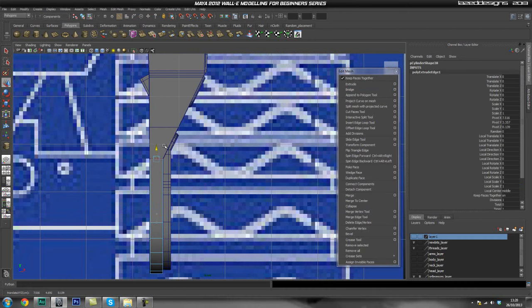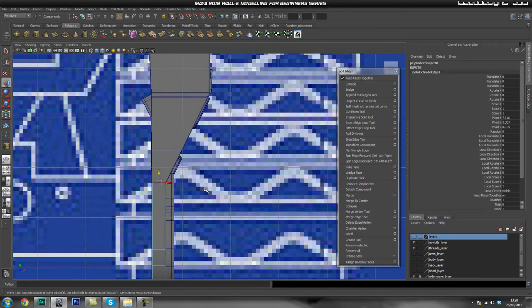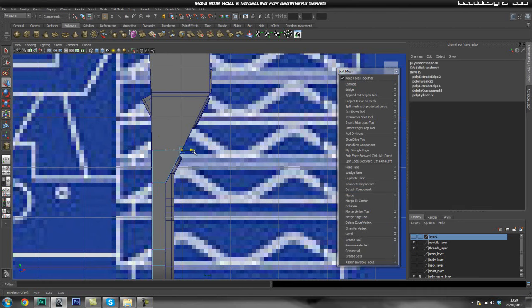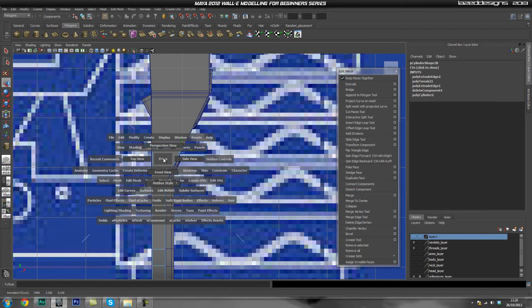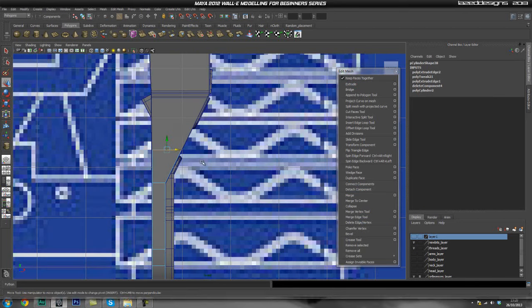You don't have this reference, so you're going to drag it up to the second thread here, probably around halfway, and extrude it again, and then move it up. And we're also going to grab this vertex on the side, and drag it out around there. Okay, let's select this edge again, go into our front view,